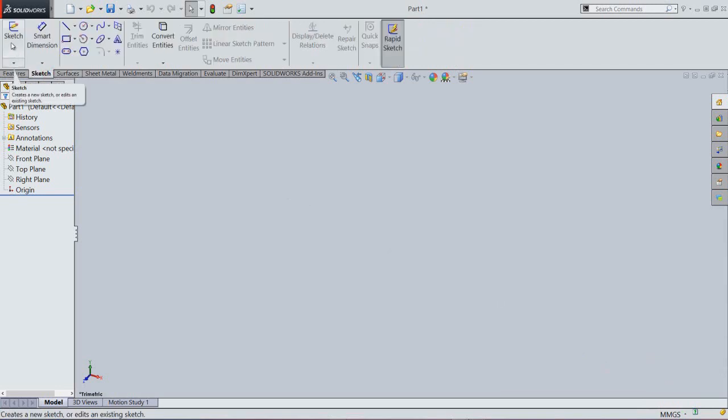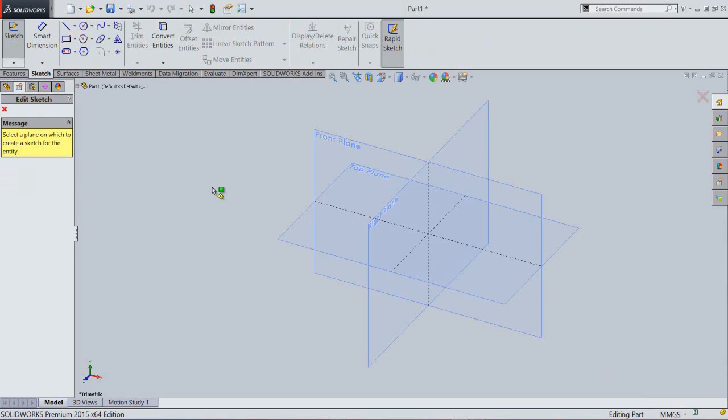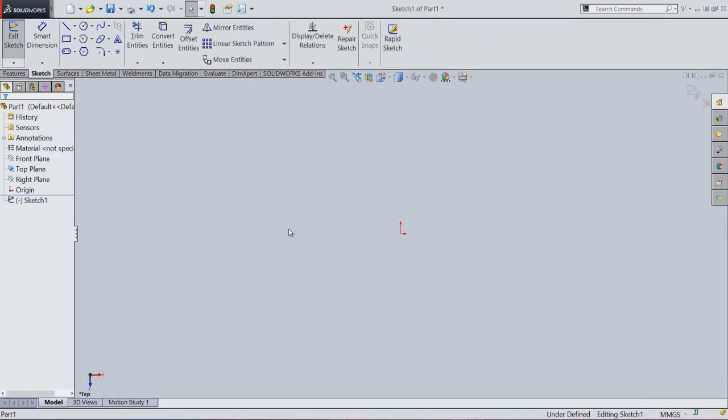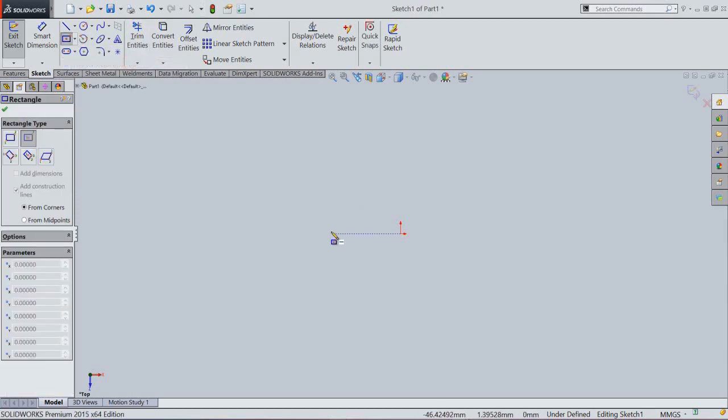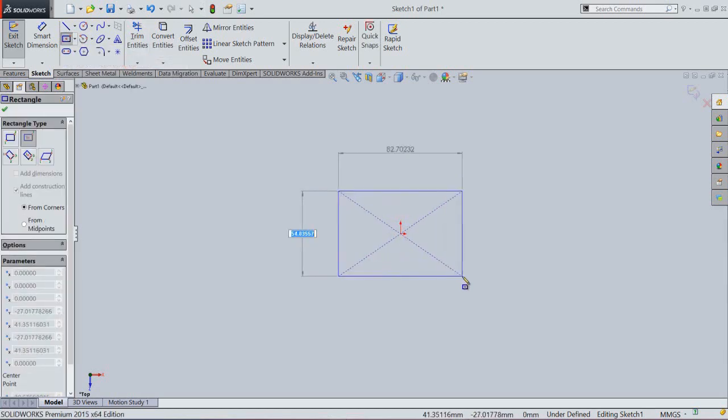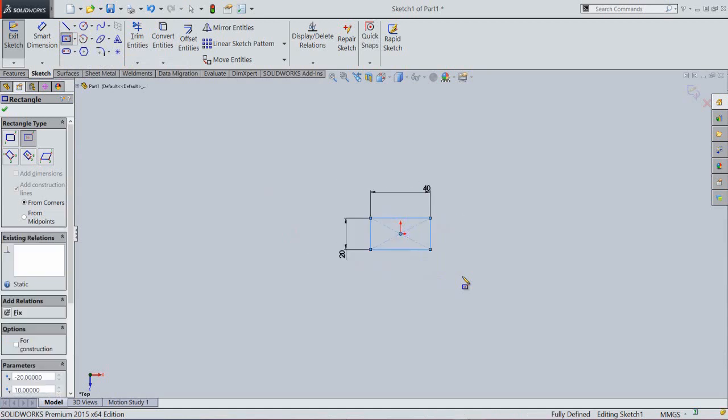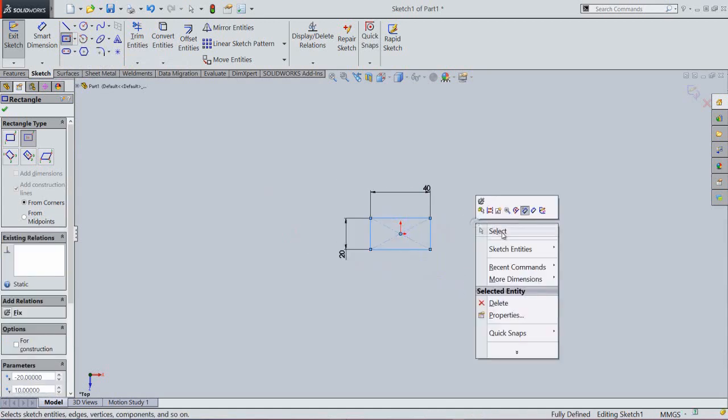Now we will activate the sketch tool and select the top plane to start the new sketch. Now we will activate the center point rectangle tool and start the rectangle from the origin point. Set the height of the rectangle 20 mm and width of the rectangle 40 mm.